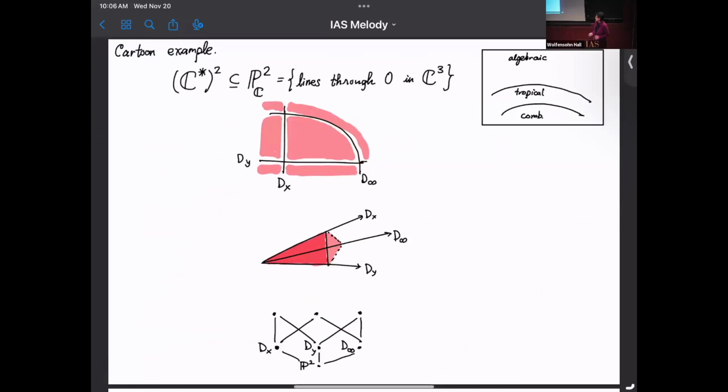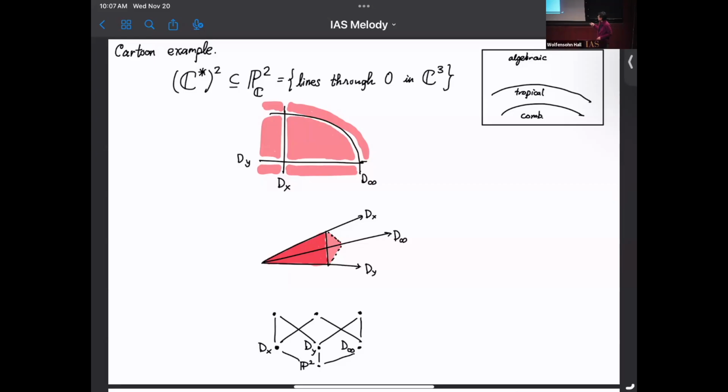So here's my cartoon example. It involves the variety C star squared, so pairs of non-zero complex numbers. The algebraic torus of dimension 2 over the complex numbers. Here it is drawn in, what color is that? Pink. And one can profit by compactifying it, that is to say, putting it inside a compact variety, in this case, the projective plane,